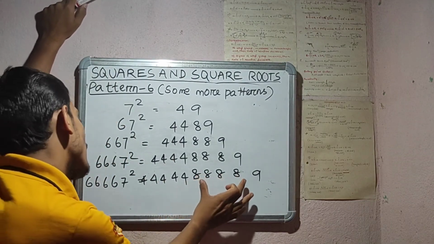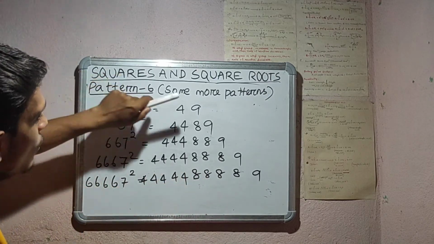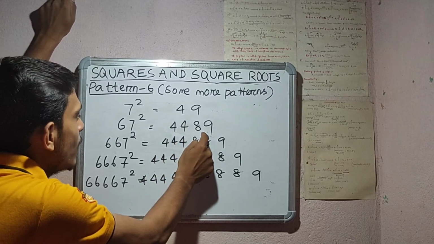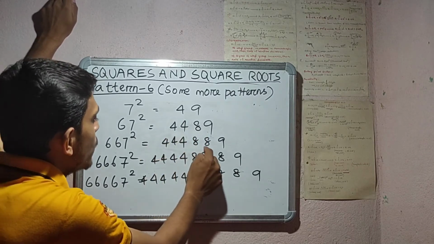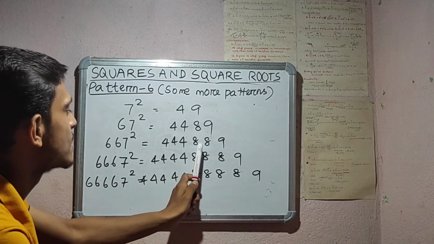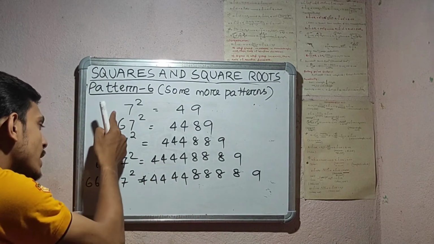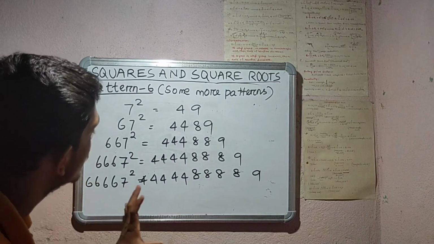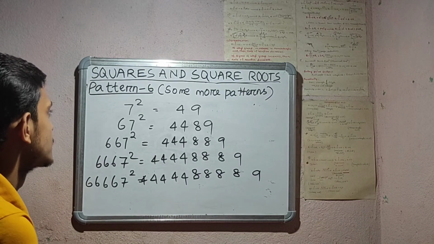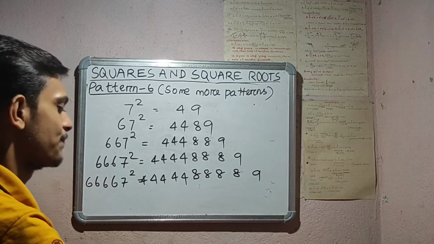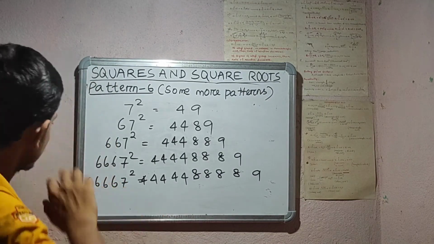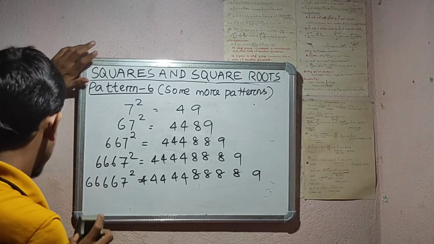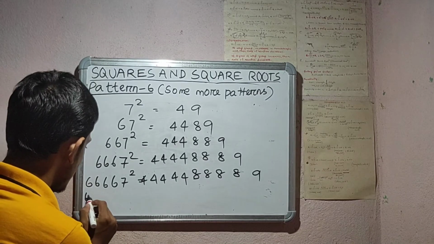Okay. See, the number of 8 is less than the number of 4. It is always less. If the number of 4 is 2, then what is the number of 8? 1. The number of 4 is 3, then the number of 8 is 2. Okay, just 1 less than the number of 4s. Then we can add it in this way, increasing the 6, and you can find the number. Okay, this is another pattern. So in this way you can find another number,